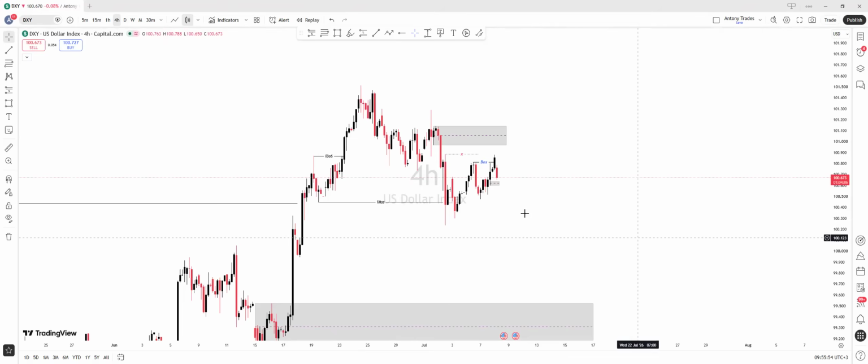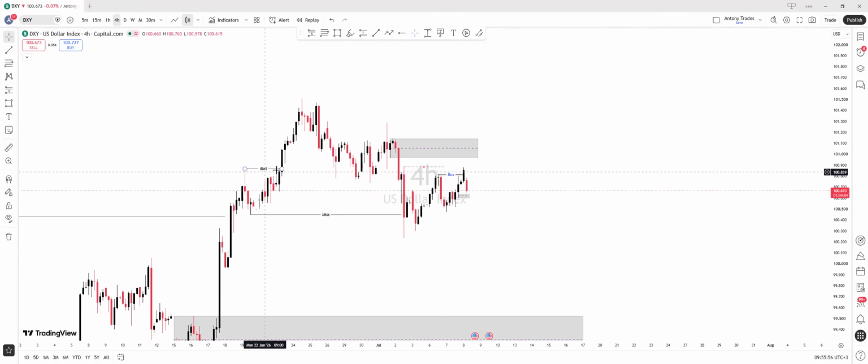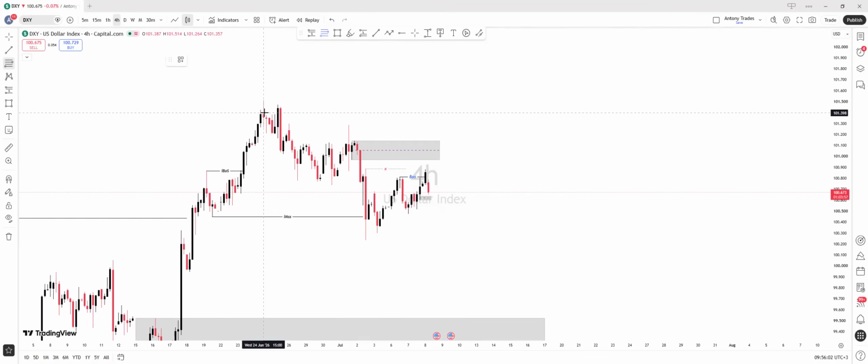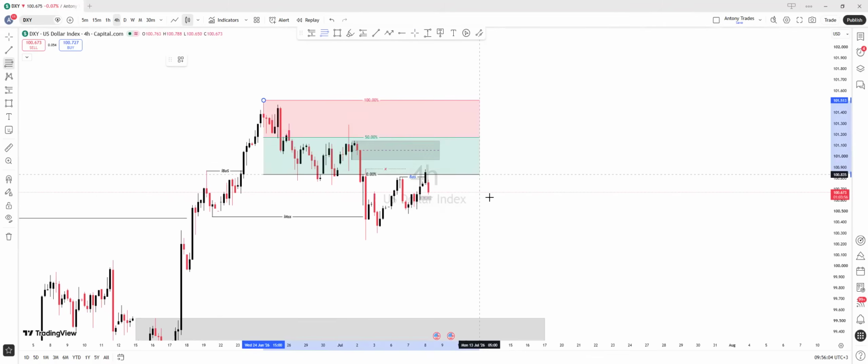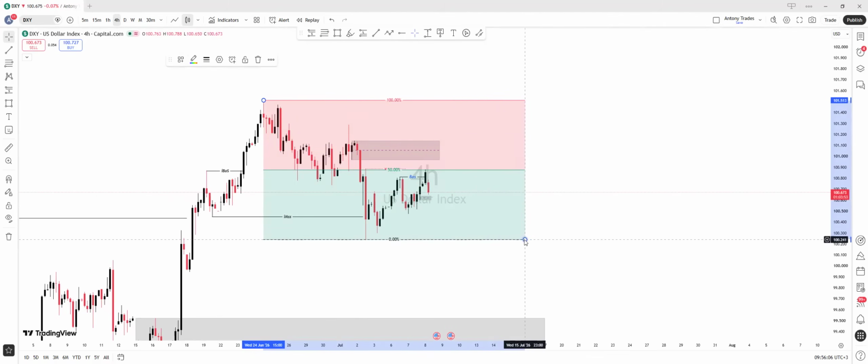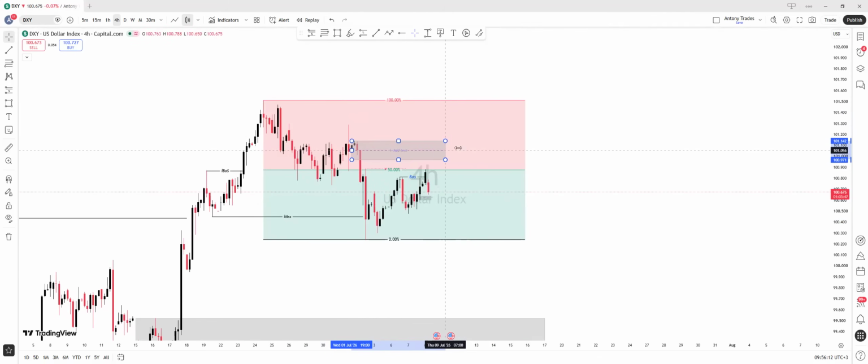When you look at the 4 hour time frame, what are we seeing? This is the last BOS from the 4 hour, and the market has closed below here, giving us a change of character. If I measure this from the high all the way to the low, we can see very clearly that this is our point of interest from the 4 hour time frame. We can have this order block around this area. Although the market has tapped to the 50%,